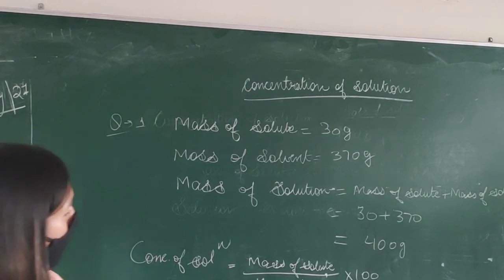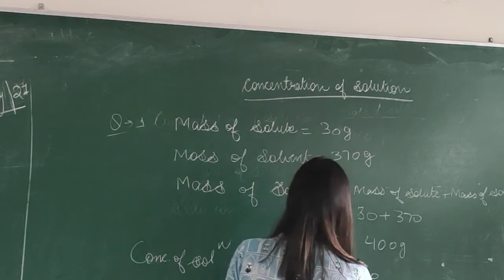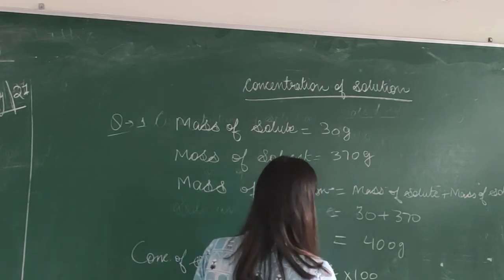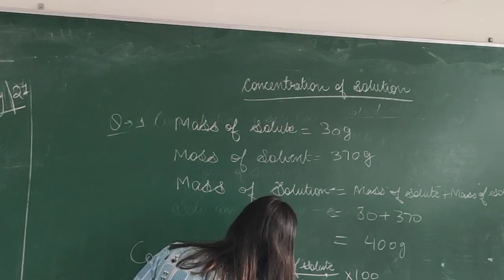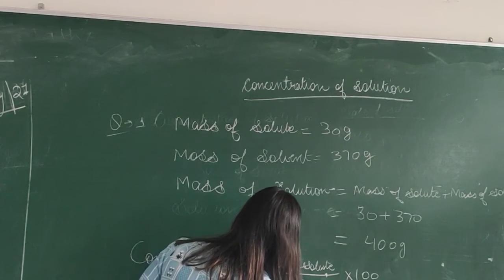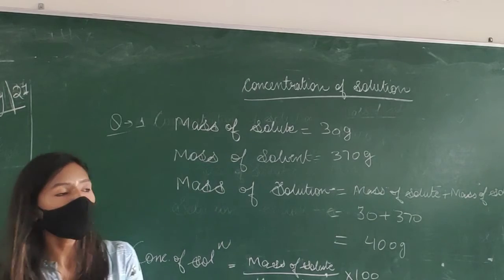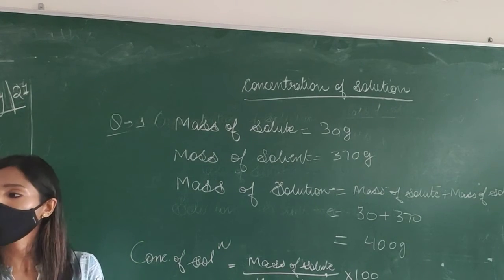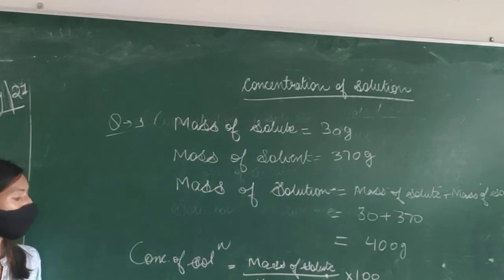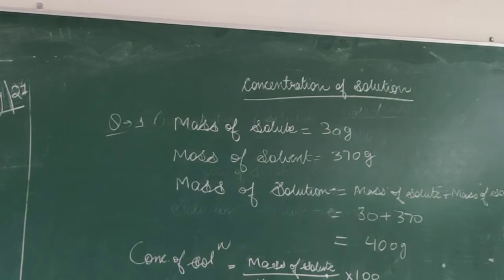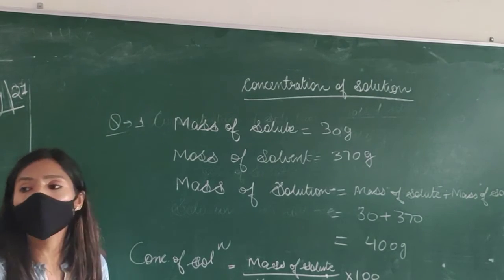Okay, so the answer would be, the concentration of solution will be 7.5%. Always remember that you have to put the value in percentage, because the concentration of the solution will be in percentage. Okay. So the concentration of this sugar solution is